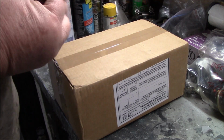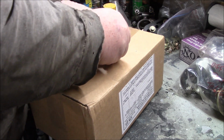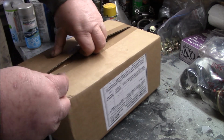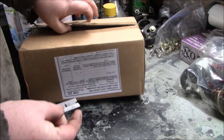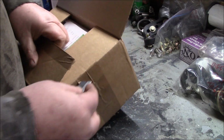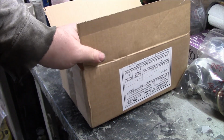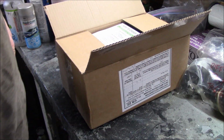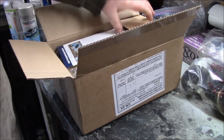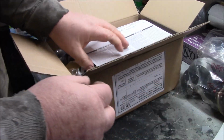So this box contains one thing that I knew I was going to need. So we'll have a quick look at what we got here. This is from Rimmer Brothers in the UK, and as mentioned, shipping from anywhere in the world is taking quite a substantial amount of time these days under the current environment. So trying to get ahead of the game a little bit and order things in a more timely fashion. So Rimmer Brothers,